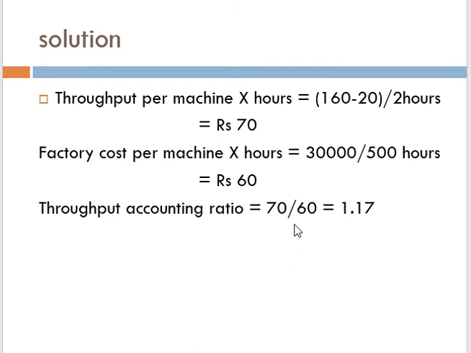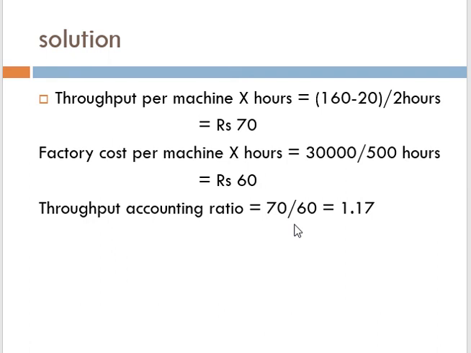So it can also be used by ranking the product. So you can look into the ranking position, which product will give more profitability. Based on the ranks, the goods can be manufactured and the throughput calculations can be done. So as the number of hours are restricted for certain products, if there is restriction, as we looked into this problem, when such restriction occurs, by using this throughput accounting ratio formula, the management can decide whether that restriction or that constraint which has occurred, will it give profitability to the organization.